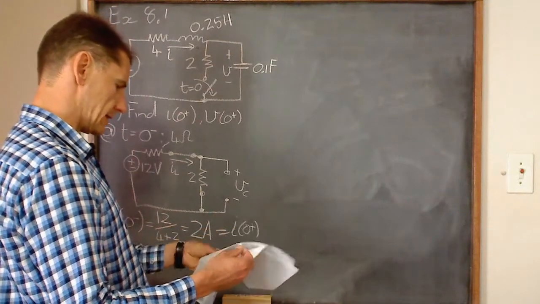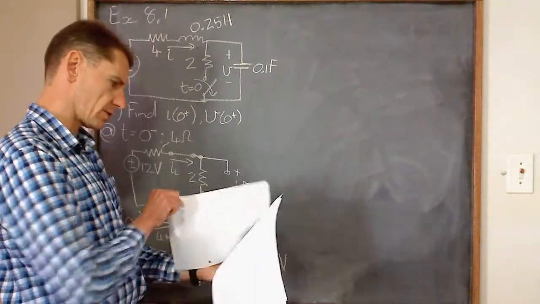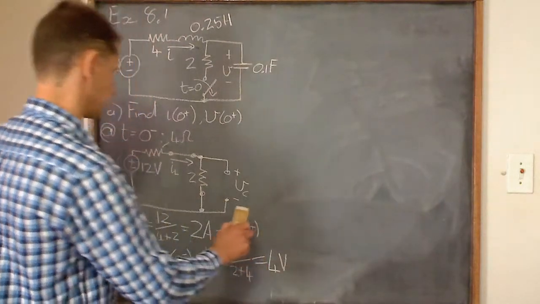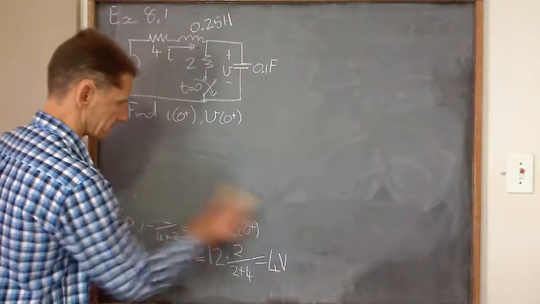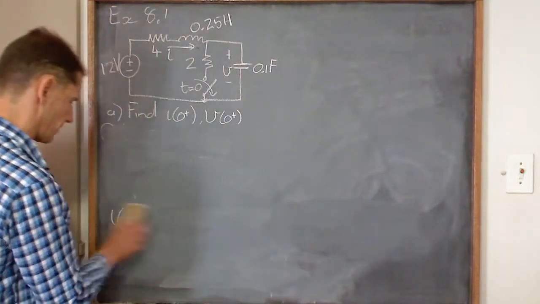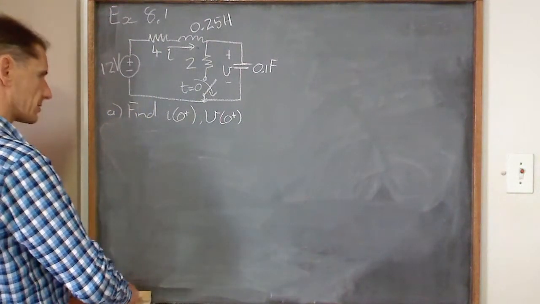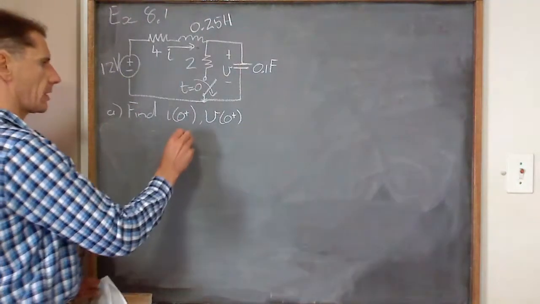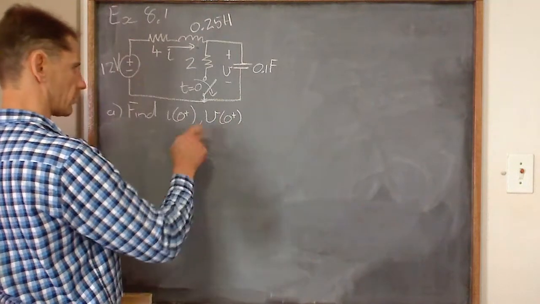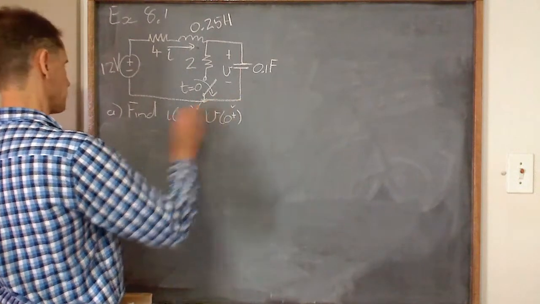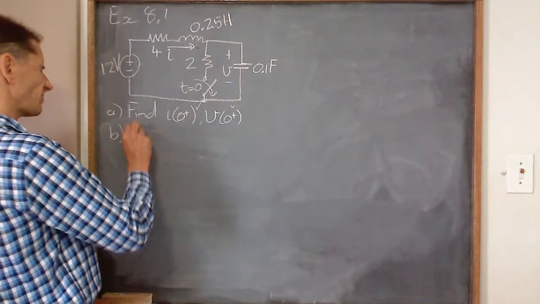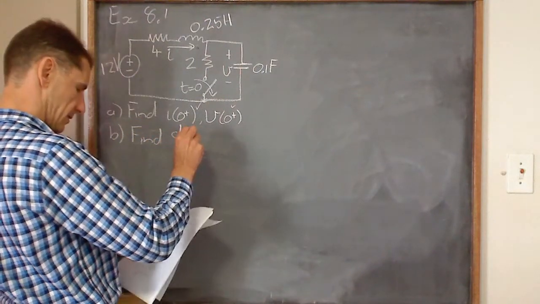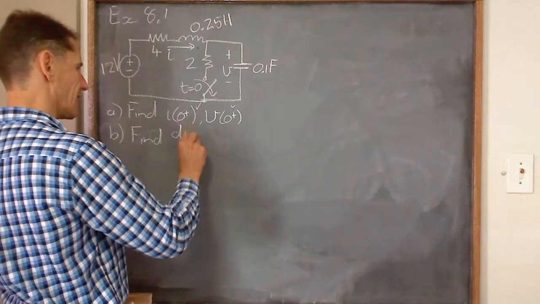How much space do I need for the next one? The next one we're going to need a little bit more space, so I'm going to clean out this one. Okay, so that's sorted for the A part. In the B part, they want us to find, let's keep it in the same order,